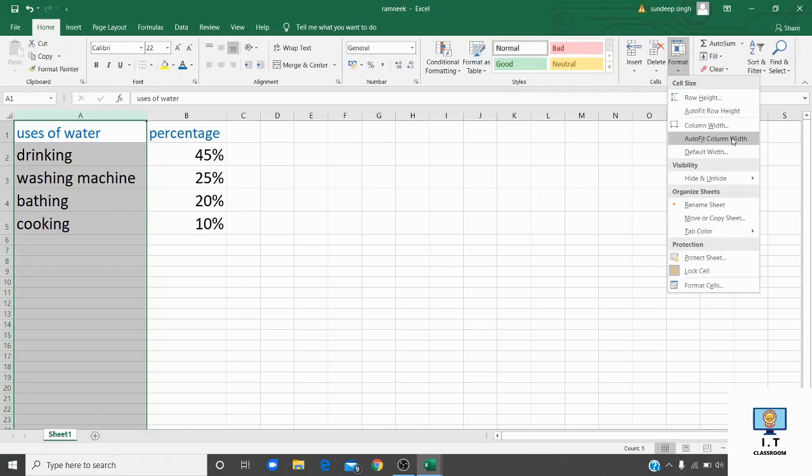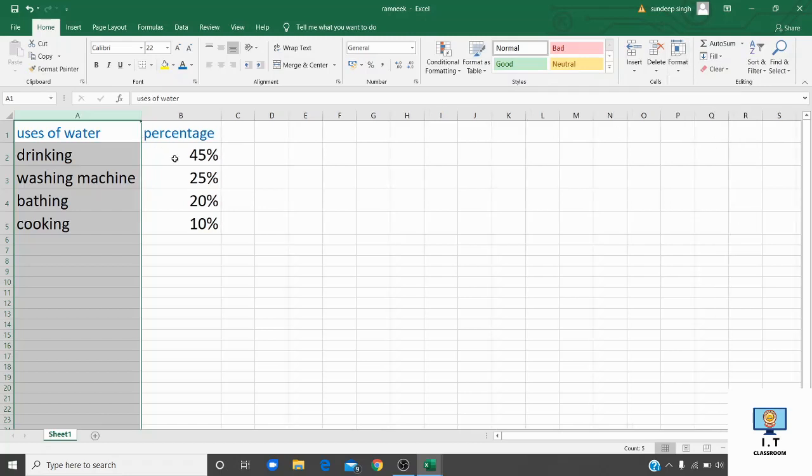Like this. If I click on it, it automatically changes the height of a row and width of a column to fit the contents in a cell.